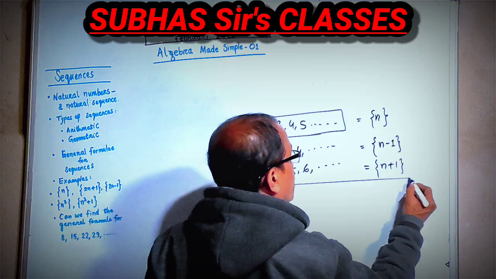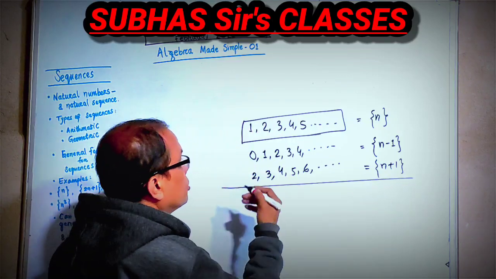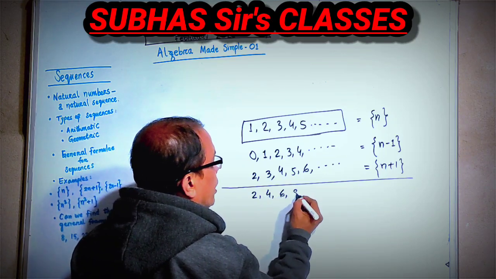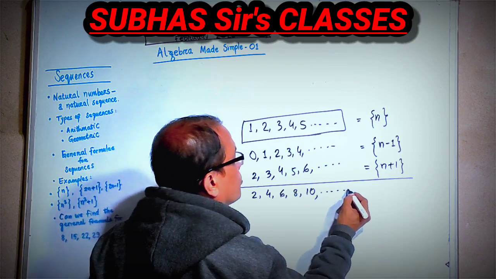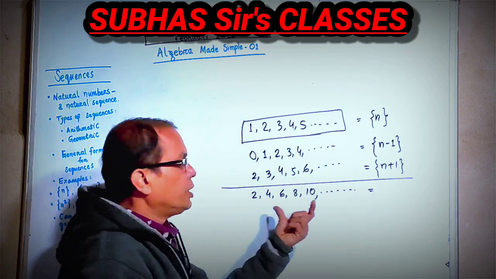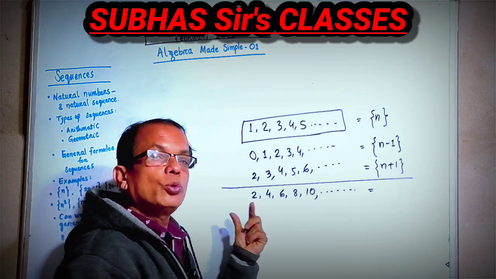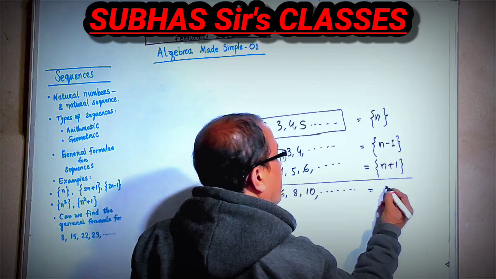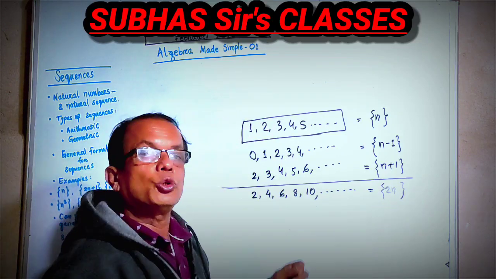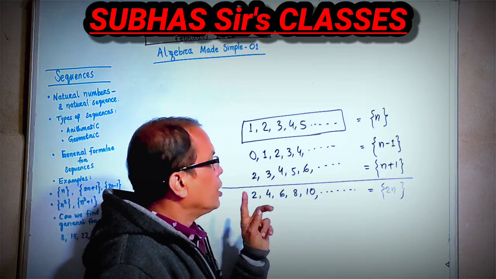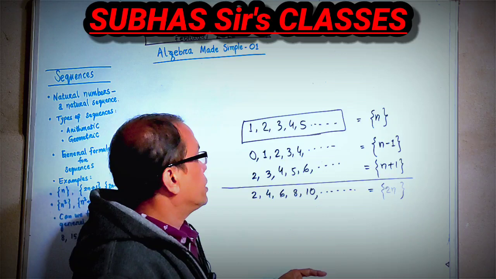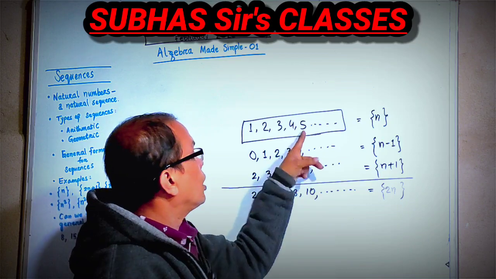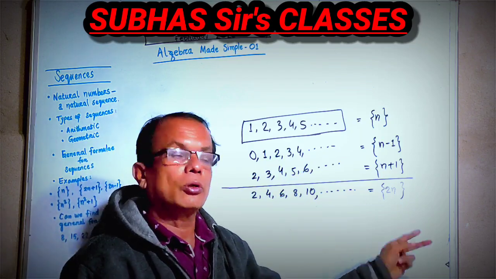So let us move to a new kind of sequence that differs like this. Say this is 2, 4, 6, 8, 10 and so on. So what is the common difference? If you add 2 to each, you get this sequence. So this sequence will be 2n. Why do I think that it should be 2n? Because the first number is twice 1. The second is twice 2. 2 times 2, 2 times 3, 2 times 4, 2 times 5. So this is the sequence called 2n.